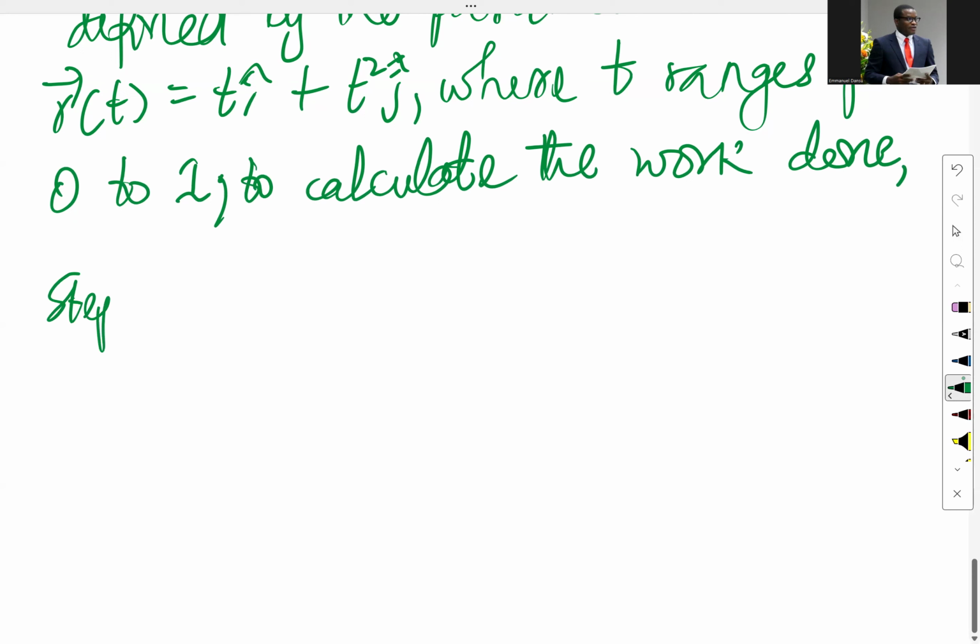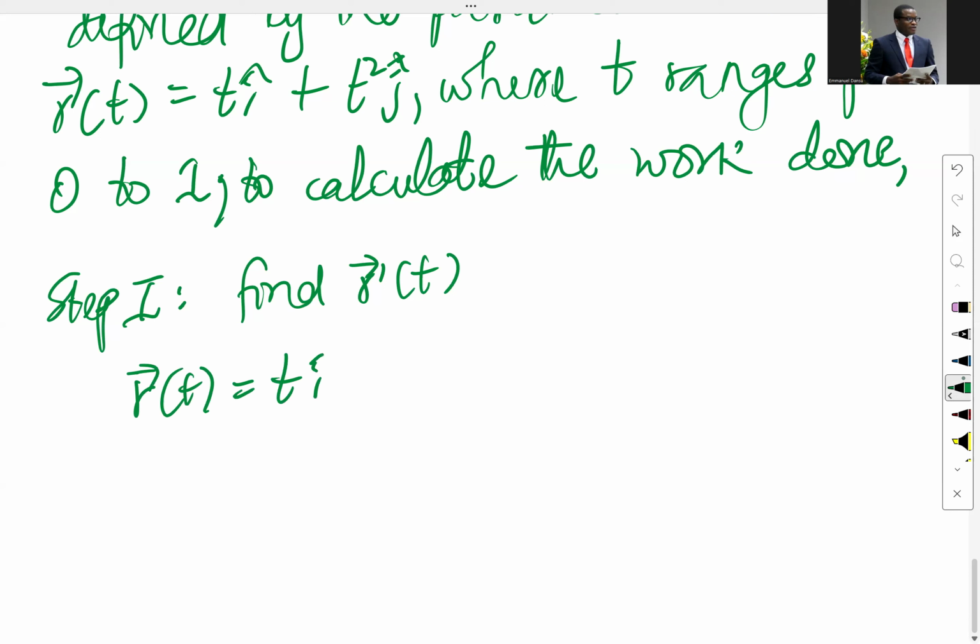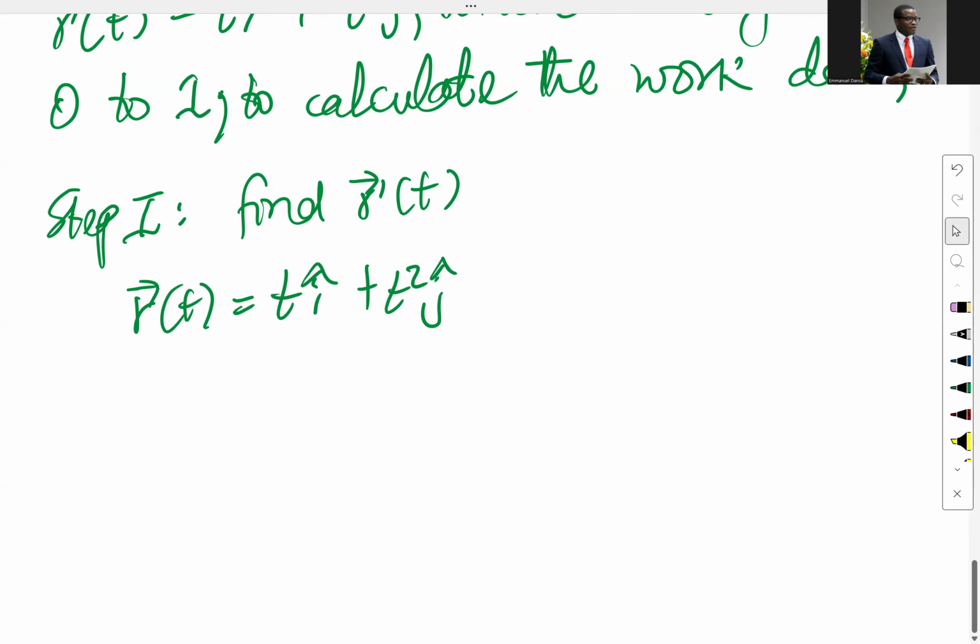Step 1, we find r prime of t. That's the derivative of the position vector. Of course, we know that r of t itself is ti plus t squared j. So that simply implies that r prime of t is equal to differentiate t with respect to t, that's 1,